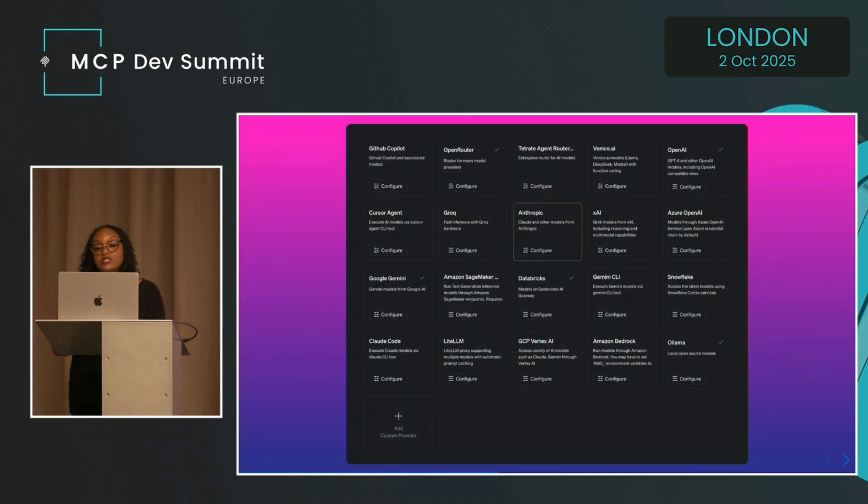But seriously, Goose supports 20 model providers, many of which were added by open source contributors. And this diversity is really important because this is stress testing MCP across these vendors, and it reflects the reality of the market, right? Even the cloud providers know that one model is not enough.